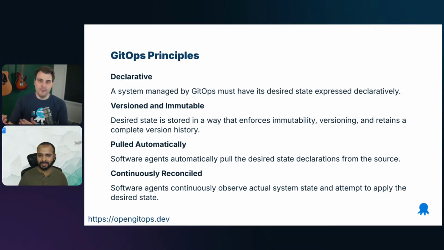So I'm not going to read everything here on the screen, but the 4 principles themselves are to have it be declarative. So instead of being imperative and defining the steps that you want to achieve, you just want to declare the outcome that you want the GitOps engine to achieve. You want to have your code versioned and immutable. And then importantly, the system that is running your GitOps engine should be pulled automatically from that source control and then continuously reconciled with the target infrastructure.